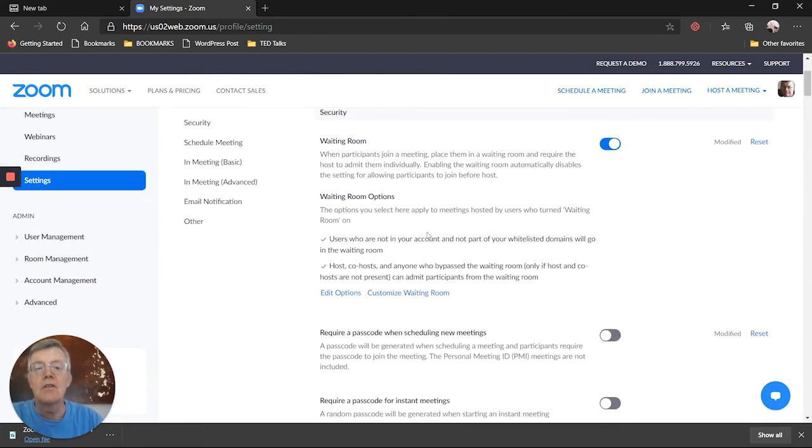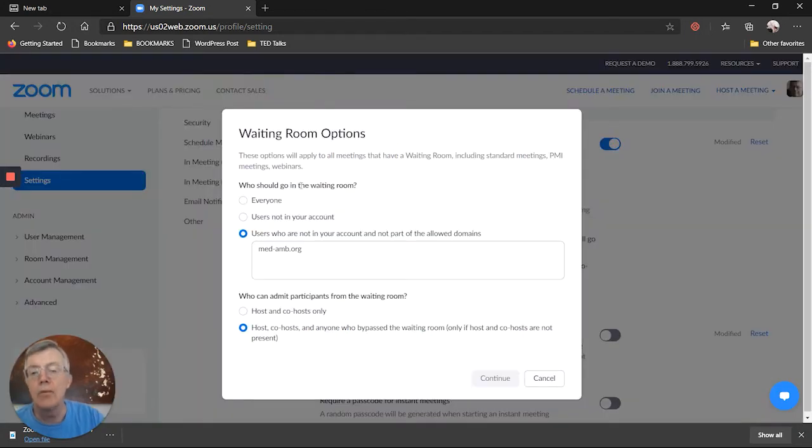There are some options you can have that you can set. Who should go to the waiting room? Everybody, or users who are not in your account, or users who are not in your allowed domains. That's how I have mine set up. So if their email address is not med-am.org, they will have to go into a waiting